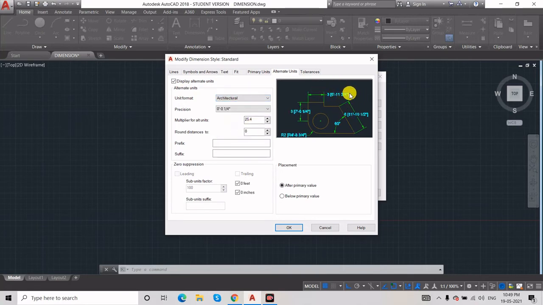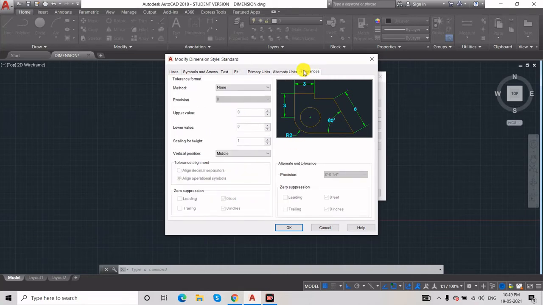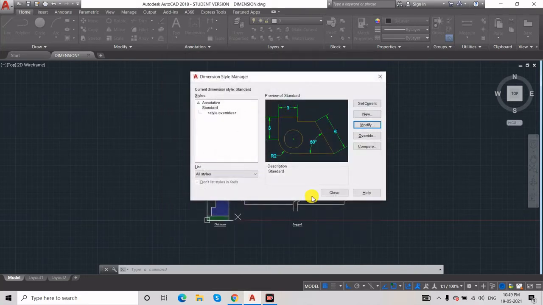So now I don't want anything, so I will untick this one. You can make changes. Okay, and this one also I will keep as it is. Then tolerance, this one also. So these are the settings, you can make your adjustments as per your convenience. Okay, next we'll click OK.